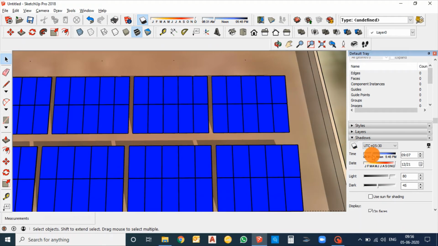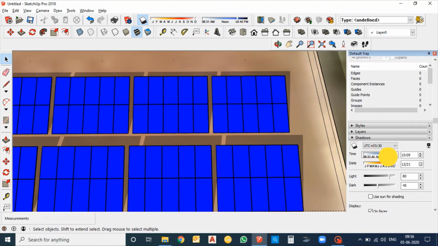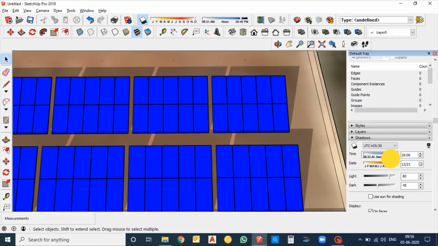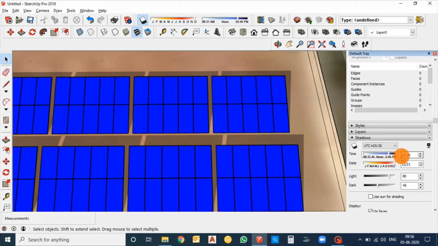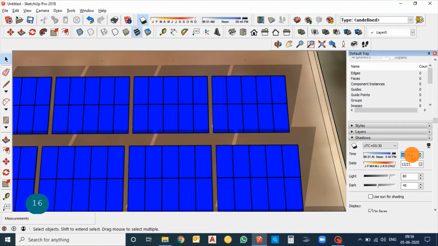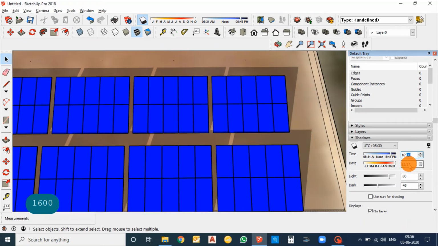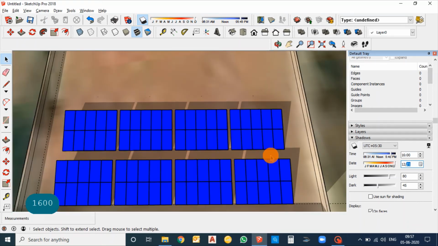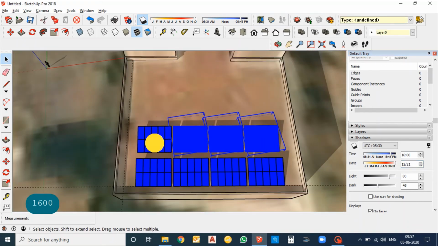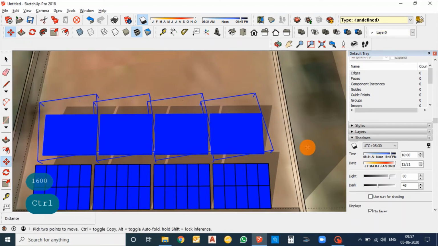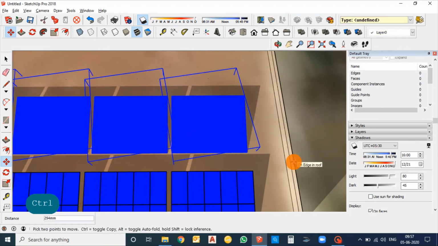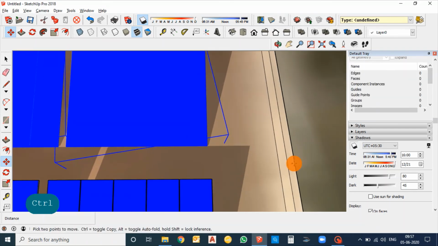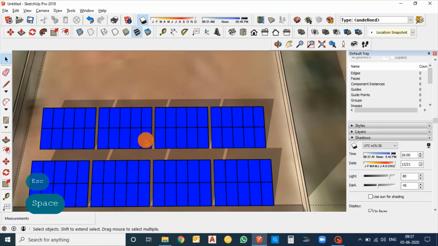By 9 it is not affecting my next table, and going for the maximum, 3:30 to 4, you can just type the time you need. You can see a little bit of shadow is casting on my next table. So just move the table to a certain distance so that it will not cast a shadow on it. Okay, now it is clear.